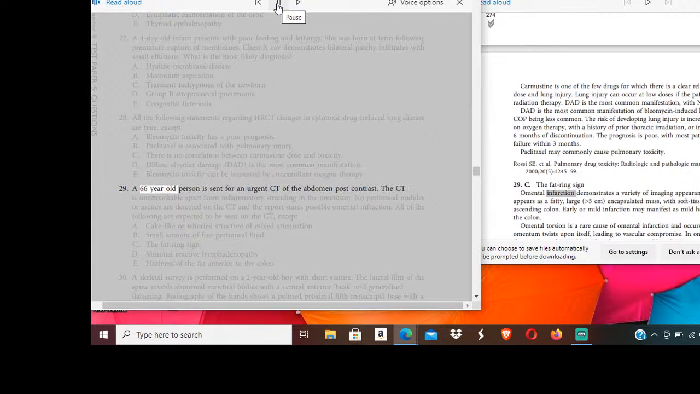29. A 66-year-old person is sent for an urgent CT of the abdomen post-contrast. The CT is unremarkable apart from inflammatory stranding in the omentum. No peritoneal nodules or ascites are detected on the CT, and the report states possible omental infarction. All of the following are expected to be seen on the CT, except: A, cake-like or whorled structure of mixed